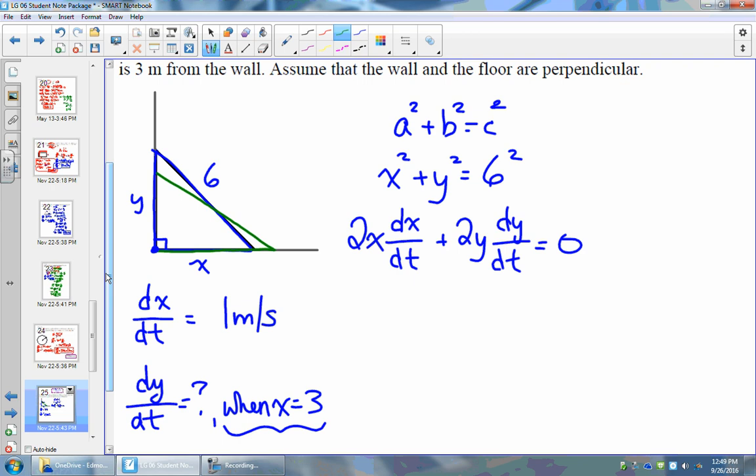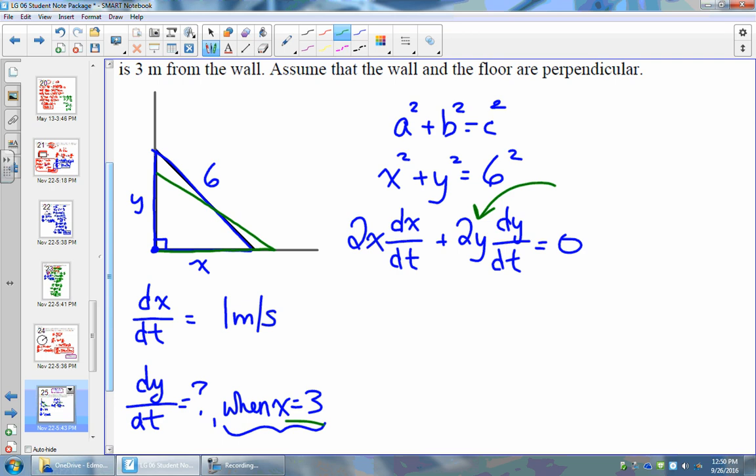I have a value for x, but I don't have a value for y. I've got a value for dx/dt, and we're solving for dy/dt. So what do I do about that x? And then I would start to panic and think, uh-oh, what am I missing here? Did I make a mistake? No, I didn't make a mistake, but what you have to recognize is that